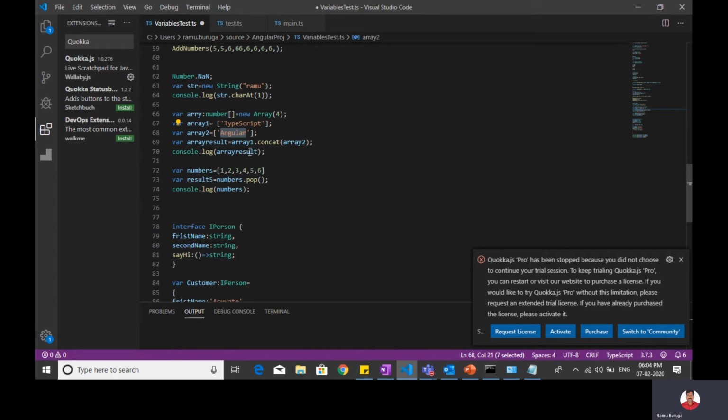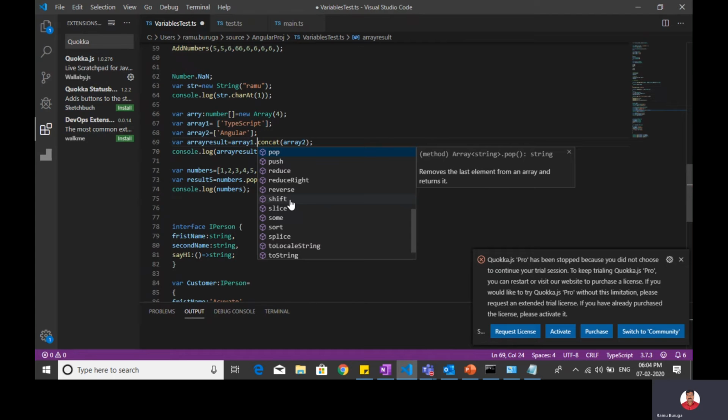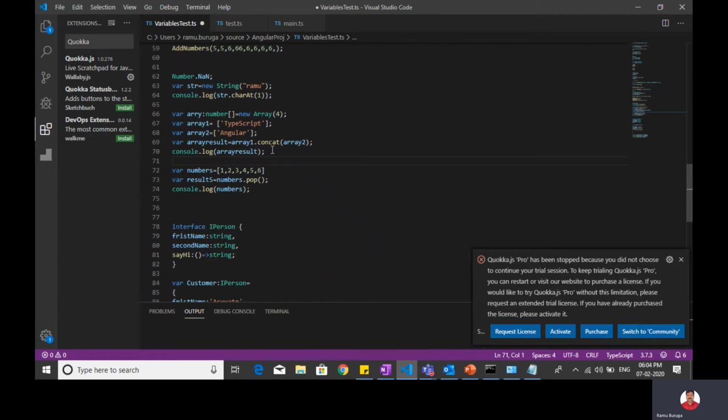But there is a method called array1 dot concat. These are array methods, because this is an array variable, and an array variable also has some built-in methods. You see push, pop, reduce, reverse. All these methods are related to the array, and you can use them. Concat means it will club array 1 and array 2 and maintain a single array as the resultant array. So this is concat.